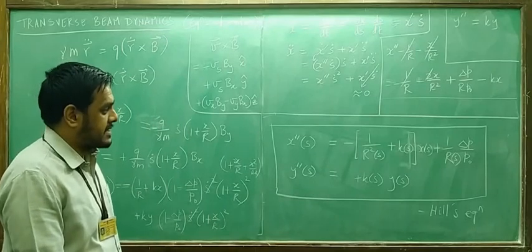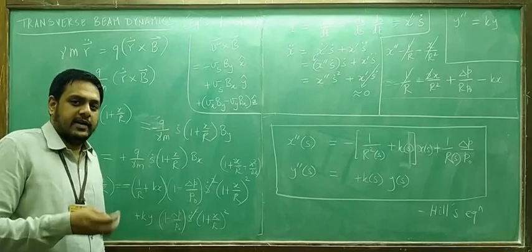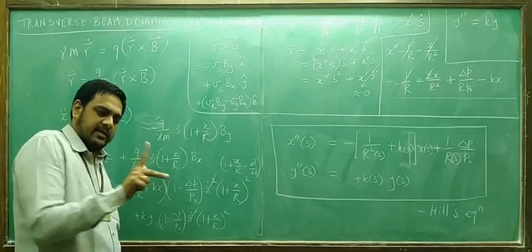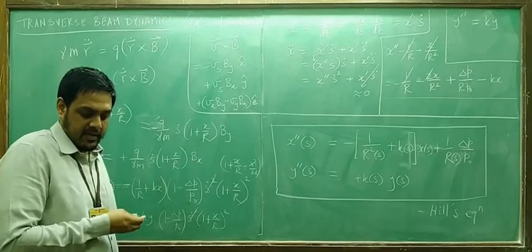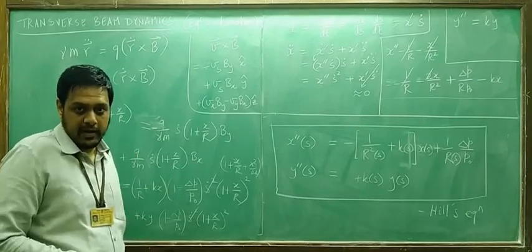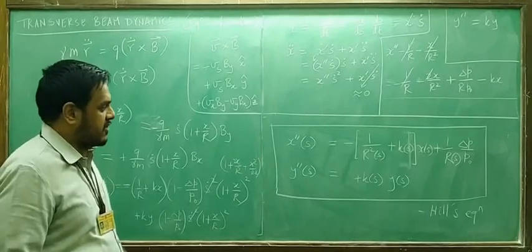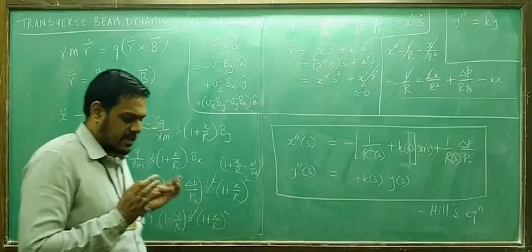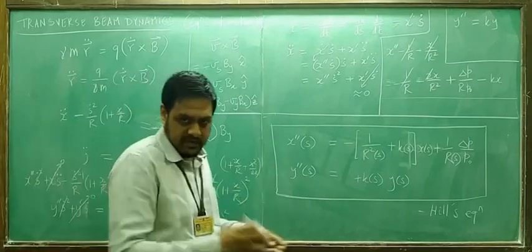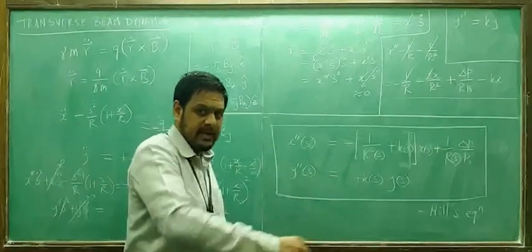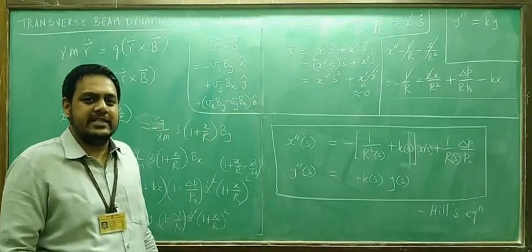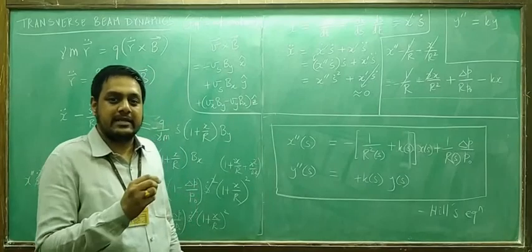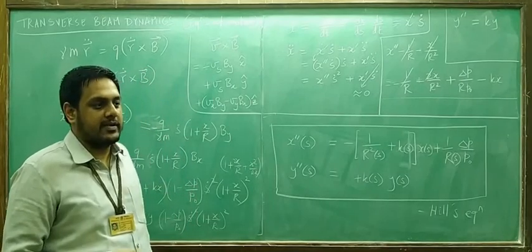But basically, what we did today was we introduced a set of coordinates attached to the nominal trajectory and measuring the x, y deviation of the actual particle from the nominal. And in terms of those two coordinates x and y, we have obtained two equations which tell us how the divergence changes as you progress along the accelerator. This is more relevant than how it changes with time. You see, x double prime is a more relevant quantity than x double dot. x double dot tells you how much it changes with time.